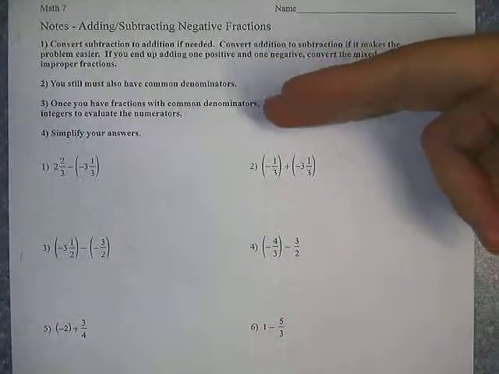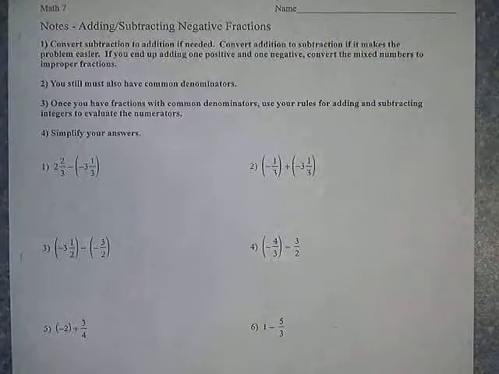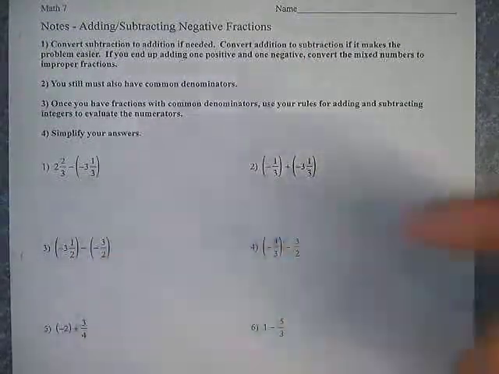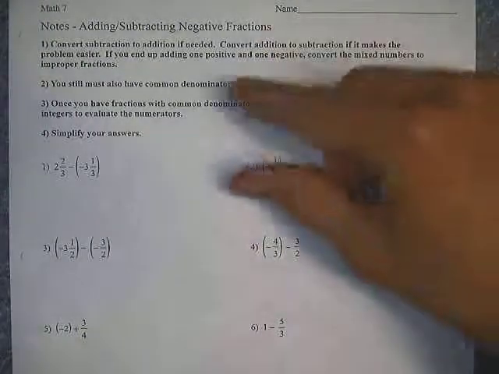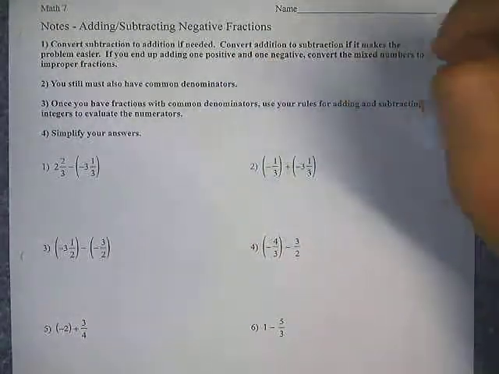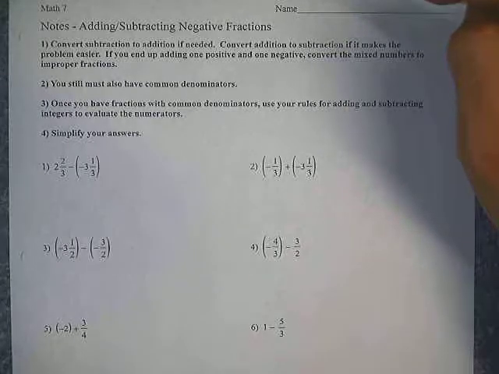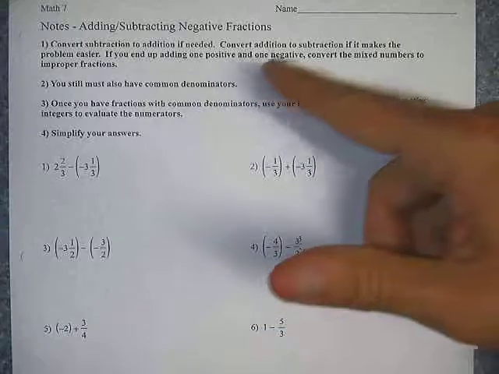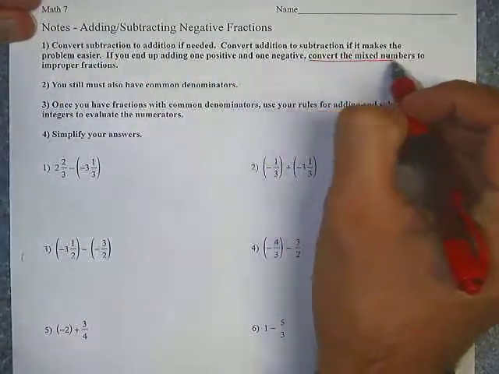So I've given you some good steps here to think about, and so let's read through them quickly. Number one, we're going to convert subtraction to addition if it's needed. So anytime I see minus a negative, I'm going to take care of that, just like we've been taught. You also can convert addition to subtraction if it makes the problem easier. So instead of adding a negative, if you wanted to make it subtraction of a positive, you could do that. And if you end up adding a positive and a negative, the best thing that you can do is